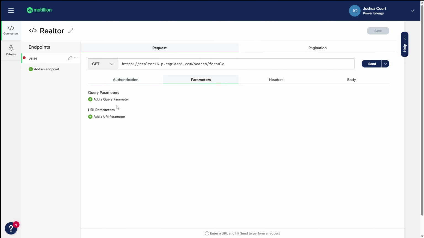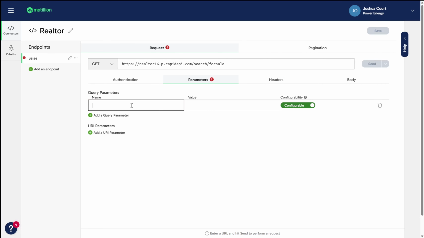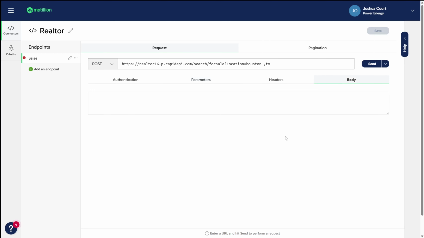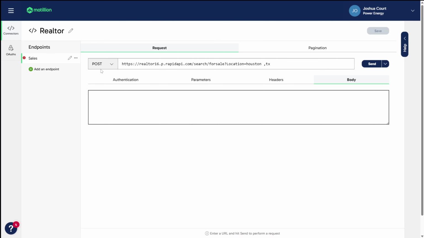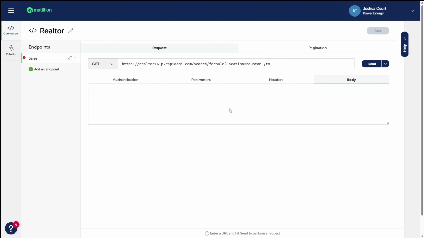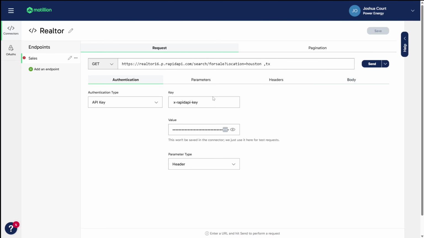You can also specify query and URI parameters for the API, as well as any header parameters. When making a POST request, the request body contains the data you intend to send to the external resource. The format of this data can vary based on the specific requirements of the API or service you're interfacing with.